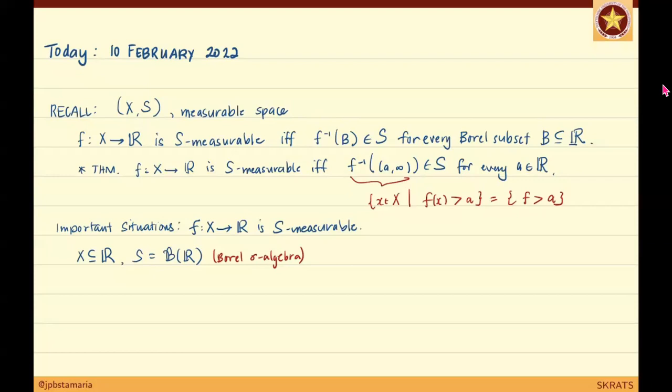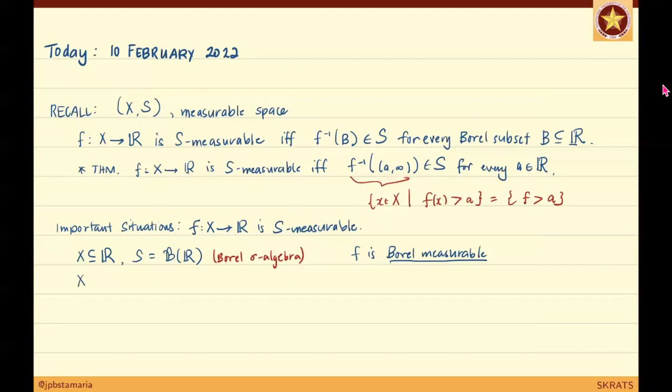So, the inverse image of every Borel set is also Borel. Kapag ganun yung nangyari, no? We say that F is Borel measurable. Ito yung ginagamit nating term. So, kapag sinabi ni Sir na ang function ay Borel measurable, ang meaning nun, yung inverse image ng every Borel set is also Borel. Or you can use this criteria: the inverse image of every interval of this form is Borel. Yun lang yung requirement.